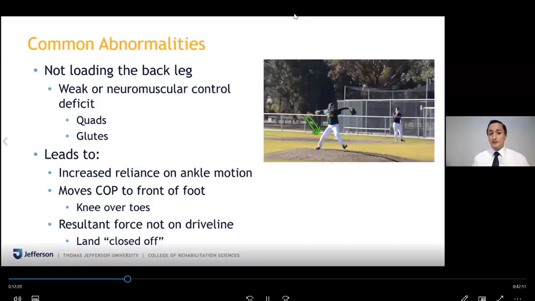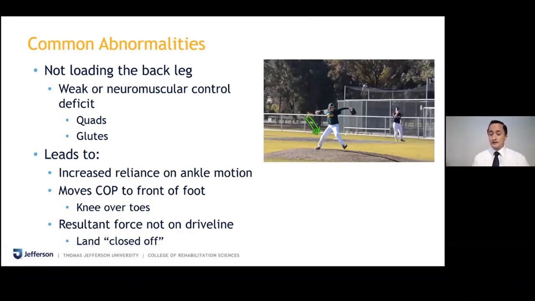A lot of times it's weakness of either the glutes or the quads, or neuromuscular control deficits. Sometimes they have difficulty disassociating the quads and the glutes, so they just co-contract because they don't know how to turn one on and the other off. Then they don't get any movement and they're very stiff through that leg. If it's a neuromuscular control issue, we try to get them to disassociate those muscles and go down through a nice controlled motion, or maybe it's just weakness, so we get them stronger so that they can go into that